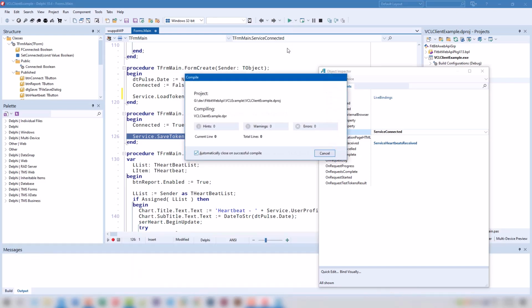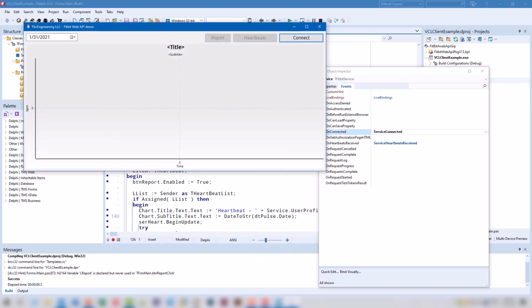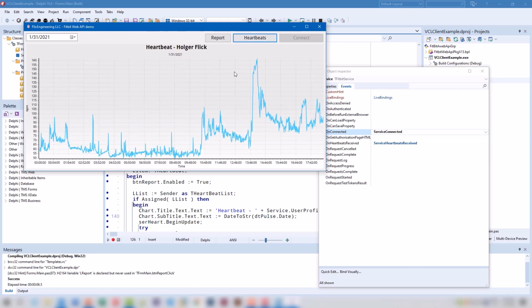And let me demonstrate it right away. And I promise I won't move the web browser. You see, I don't have any web browsers open. I click connect. And what happens now is the web browser stays closed, because we don't have to authenticate, no authentication token is being retrieved. I can click heartbeats right away, and here's the heartbeat diagram for today. So there is no new access token that had to be retrieved.